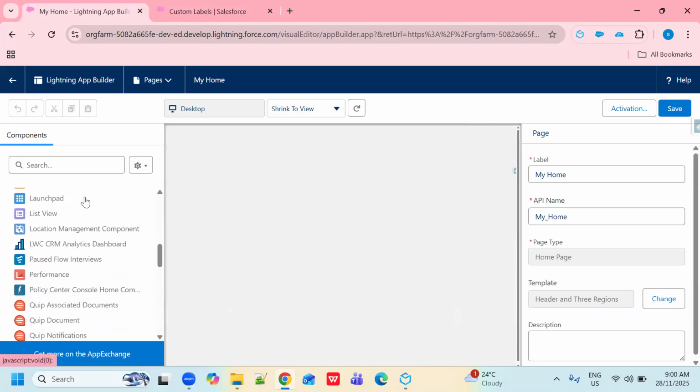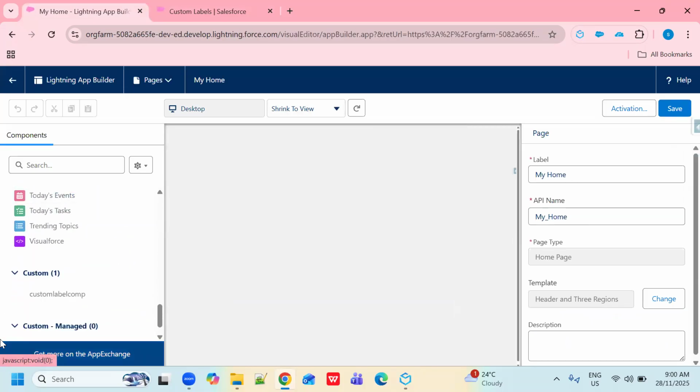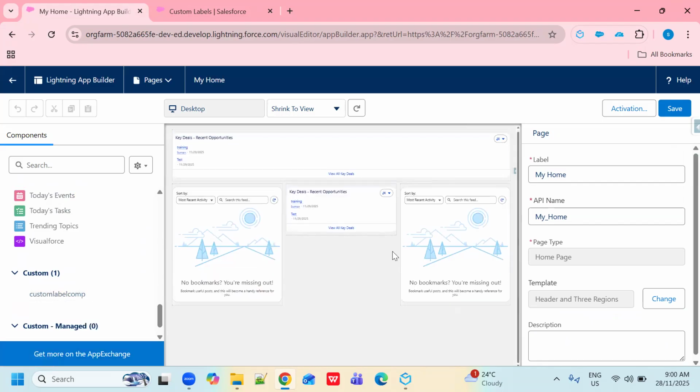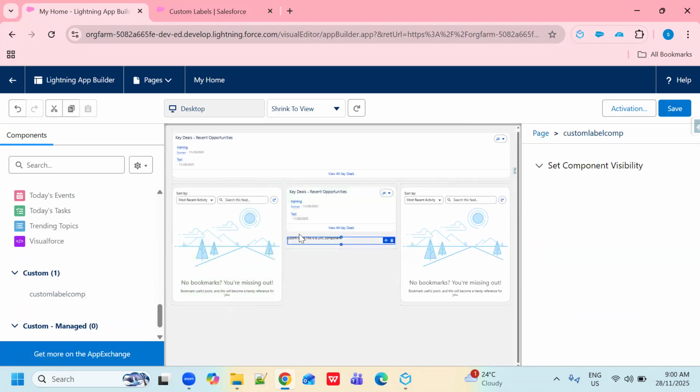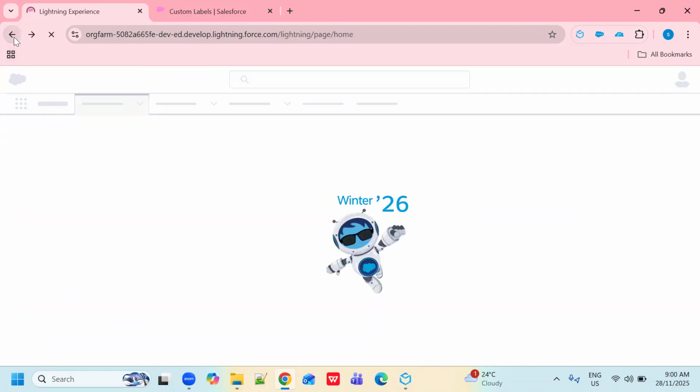Here my custom component is available, which I have created right now. I simply drag and drop it on this page and click on save.